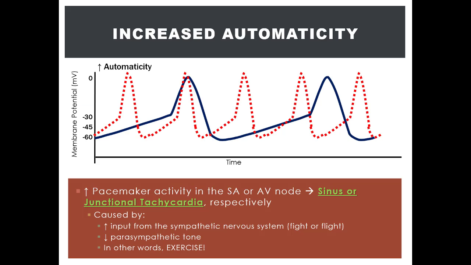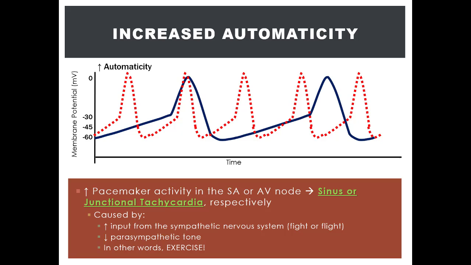So now what happens when the SA node receives further stimulation from an extrinsic source or stimuli? Can the automaticity be further stimulated? Yes, as alluded to earlier, it can. The extrinsic control of the cardiac rhythm is through the autonomic nervous system, as I mentioned earlier. There are situations in which the nervous system can increase the SA node activity. In other words, the nervous system can increase pacemaker activity.